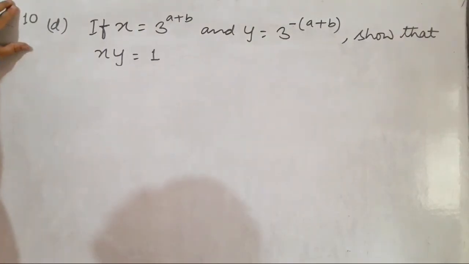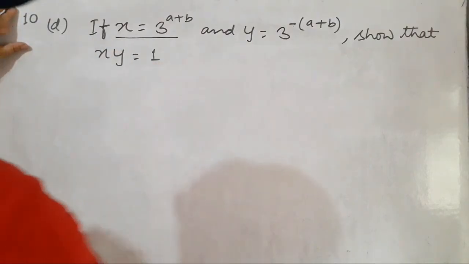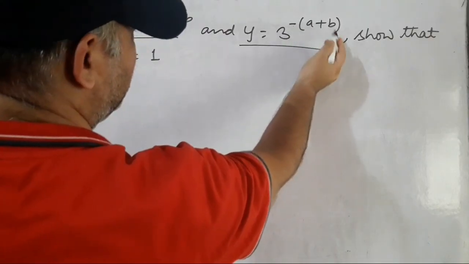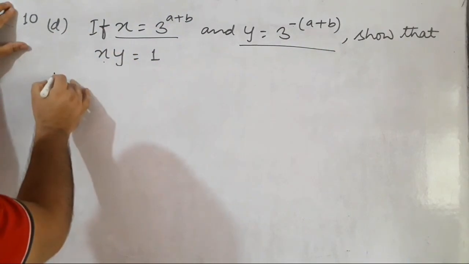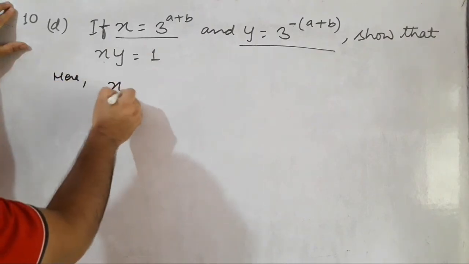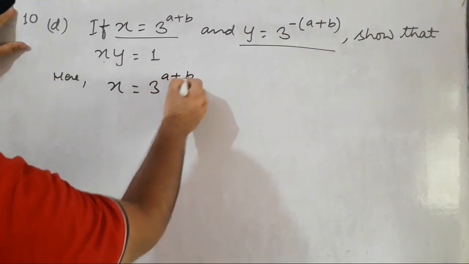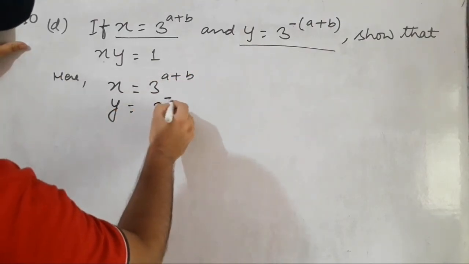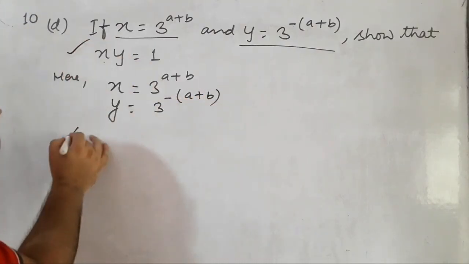Question number 10d. If x equal to 3 power a plus b and y equal to 3 power minus bracket a plus b, then we have to show that x into y equal to 1. Let's see. The value of x is given 3 power a plus b. The value of y is given 3 power minus bracket a plus b. Take left hand side